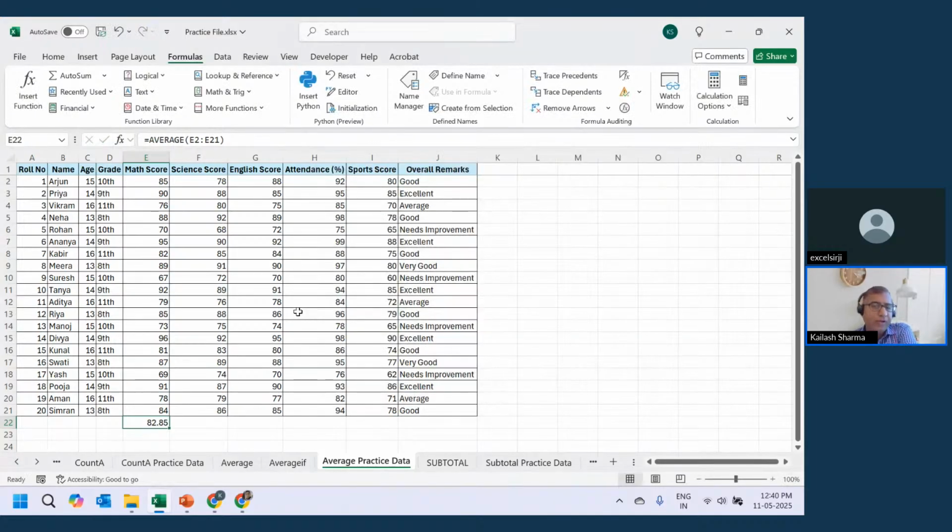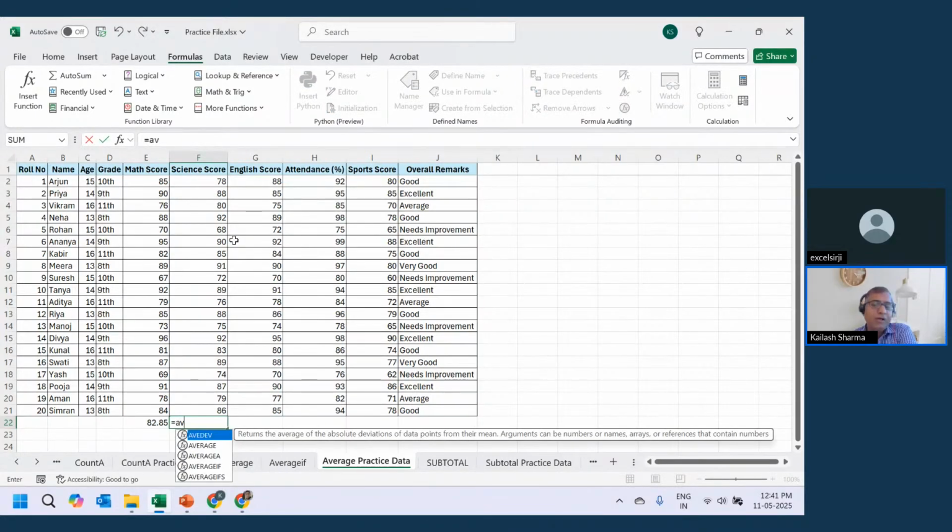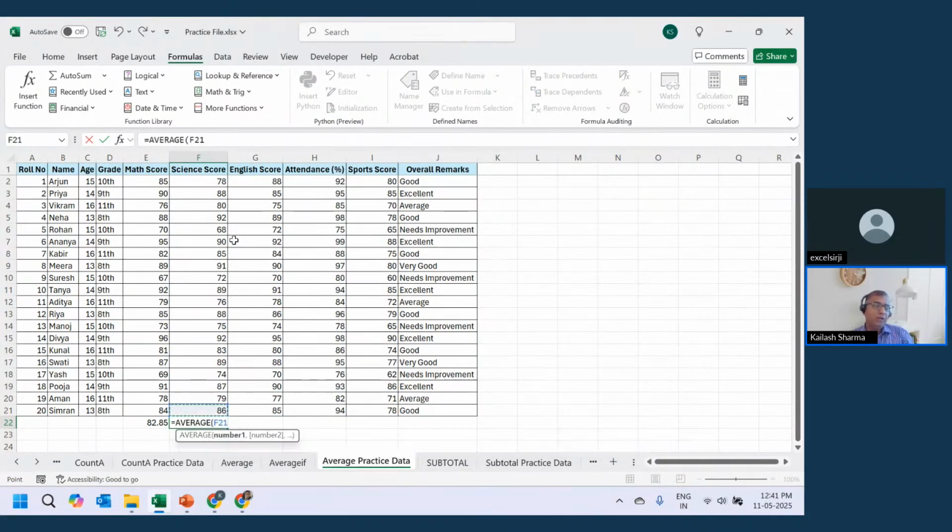Okay, so what was our problem statement? To get the average score in each subject. So maths is done, science also, and English needs to be done as well. Now, how can this be done? One way is to simply type the formula again here as well, which might not be a good practice, because if you have,